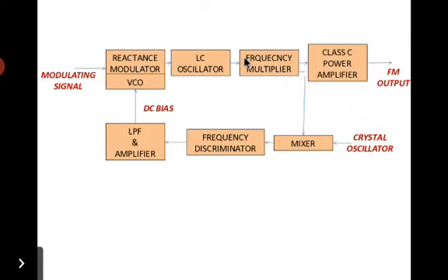And this figure shows the auxiliary method adopted to compensate for the frequency instability. So here, a stable crystal oscillator provides a reference frequency. A portion of the output of the frequency multiplier or the LC oscillator is fed to the mixer, and the output of the crystal oscillator is fed to the mixer. Mixer output will be the difference frequency term. The difference frequency term from the mixer output is fed to the frequency discriminator circuit.